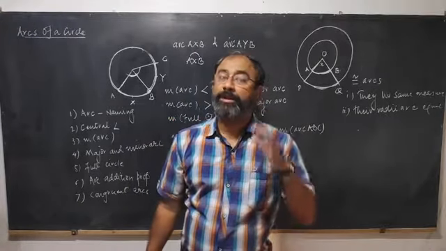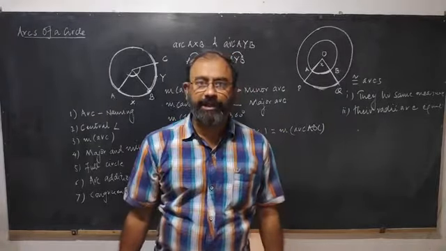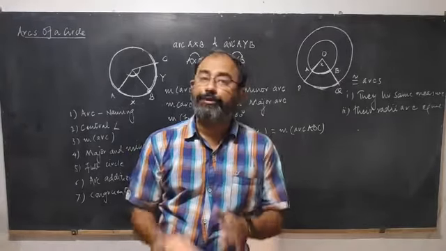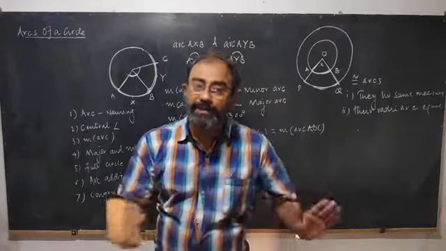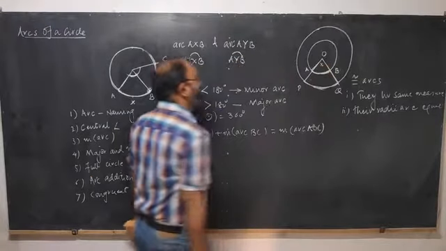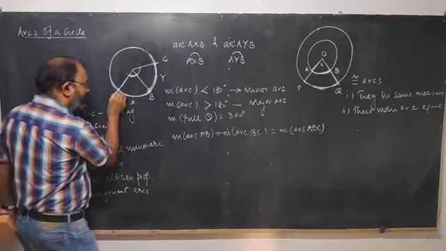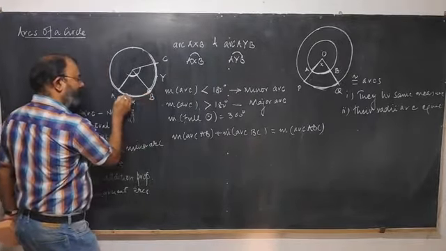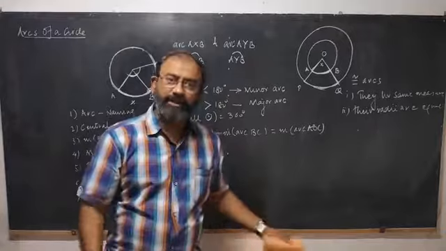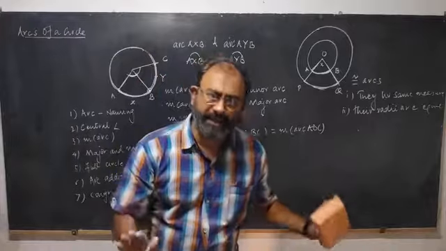Okay. Now let me tell you one very important thing. There are two terms associated with an arc. Measure of an arc and the length of an arc. And two terms represent two different physical quantities. Okay. Measure of the arc means measure of the central angle. But the length of the arc means length of this track. Length of the arc means if you paste a thread here, straighten it, take the length, that is called as the length of the arc. Two things are different. Now all these things we have studied in the lower classes.